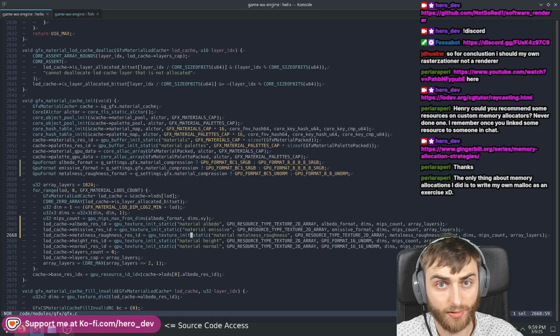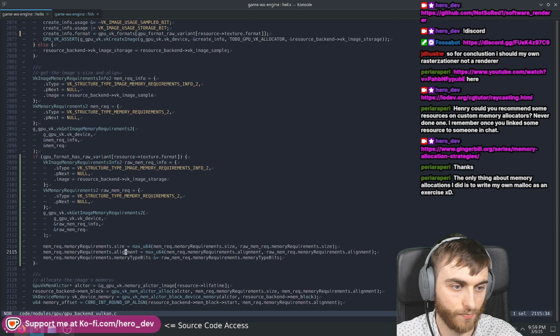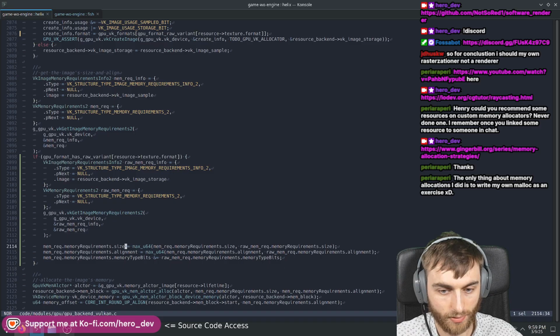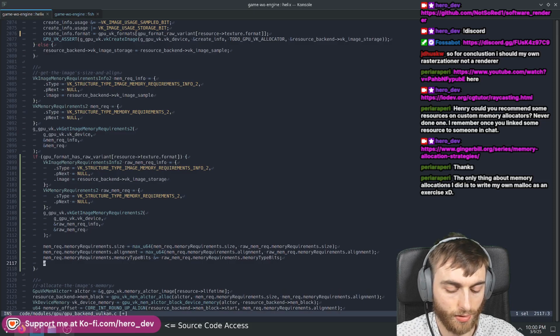So one way we can tell is, if we go into Vulkan, there's this size thing here, right? It's looking all right. Now, what we can do is say